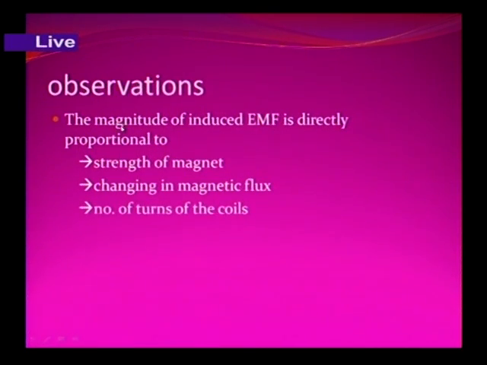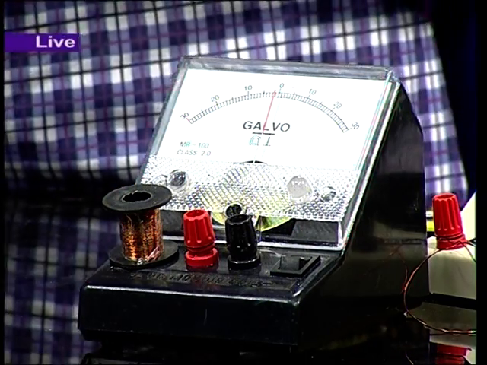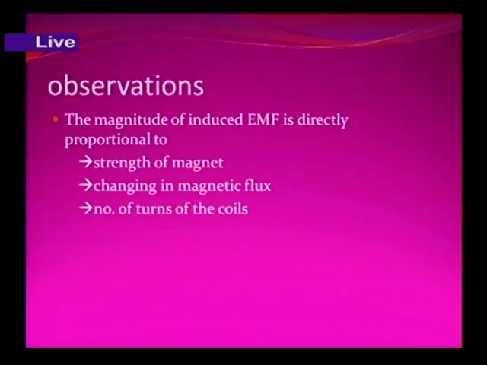Also, the magnitude of induced EMF is directly proportional to the number of turns of the coil. Friends, here in the galvanometer it is a copper coil. If we increase the number of turns of the copper coil, then automatically the current induced within the coil also increases. Michael Faraday also told that the magnitude of induced EMF is directly proportional to the number of turns of a coil,